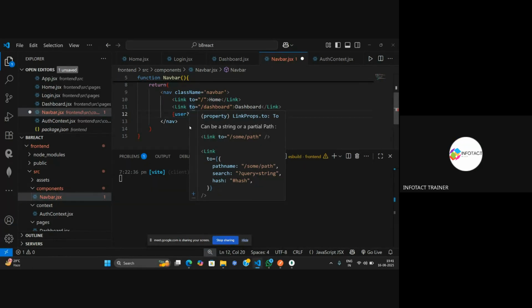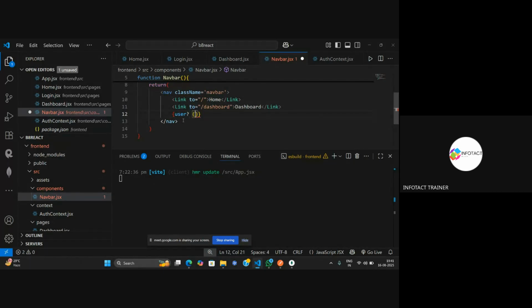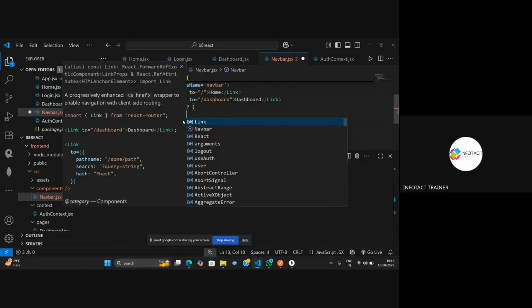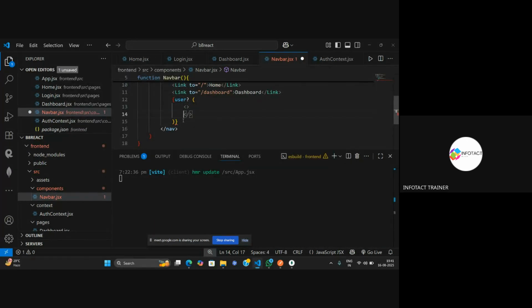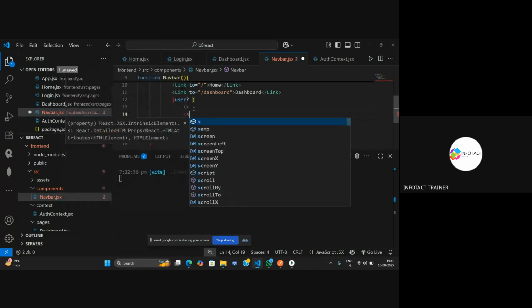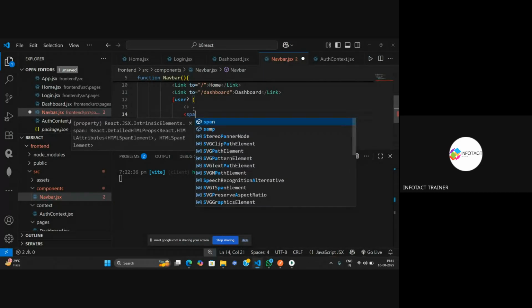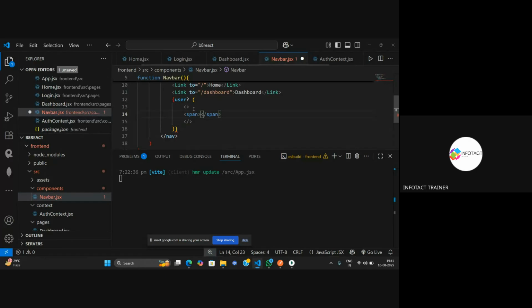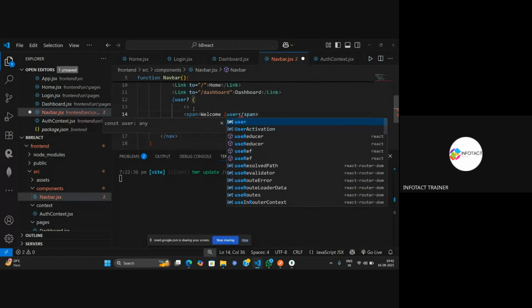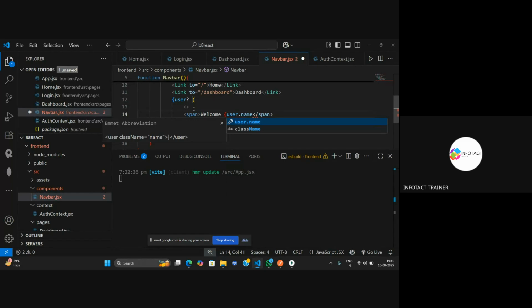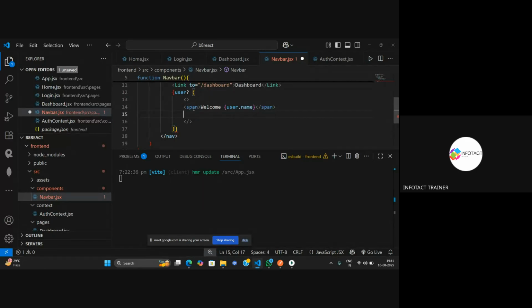It works as an if statement, right? So if the user is true, what will happen? Here, it is going to define this entire div tag. So inside the div tag, I will place a span tag, and this span tag will say welcome, and here I will access the user dot name, the name of the user, followed by a button,